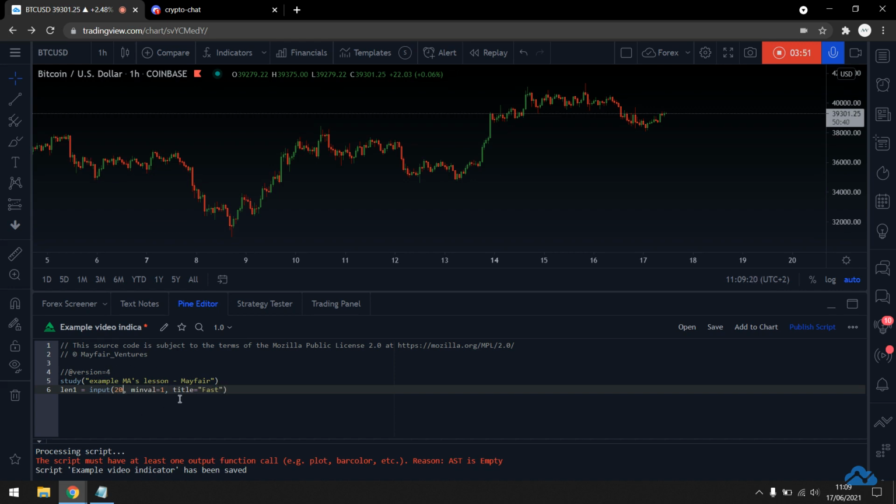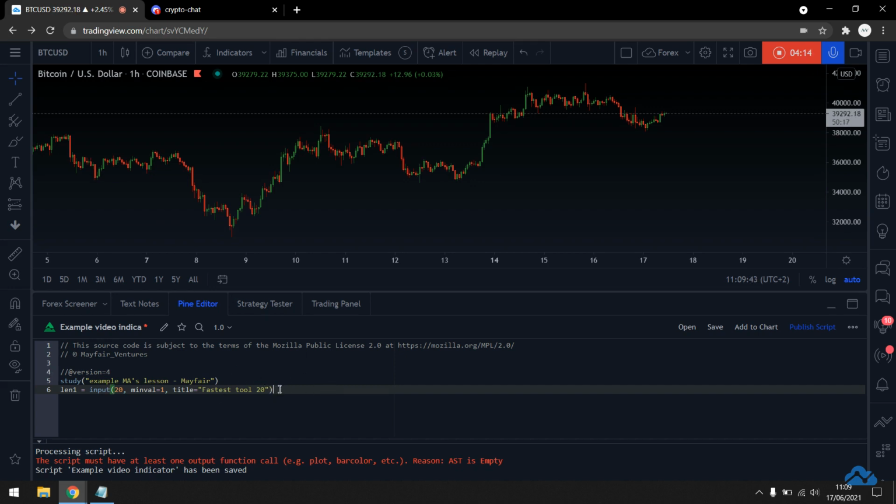I'm going to have a min val. You can also set a maximum value as well, which would ultimately be a very similar piece of code there, just max val rather than min val. And then ultimately the title. So I'm going to show the fastest tool, 20, just to show obviously what you can change this to.